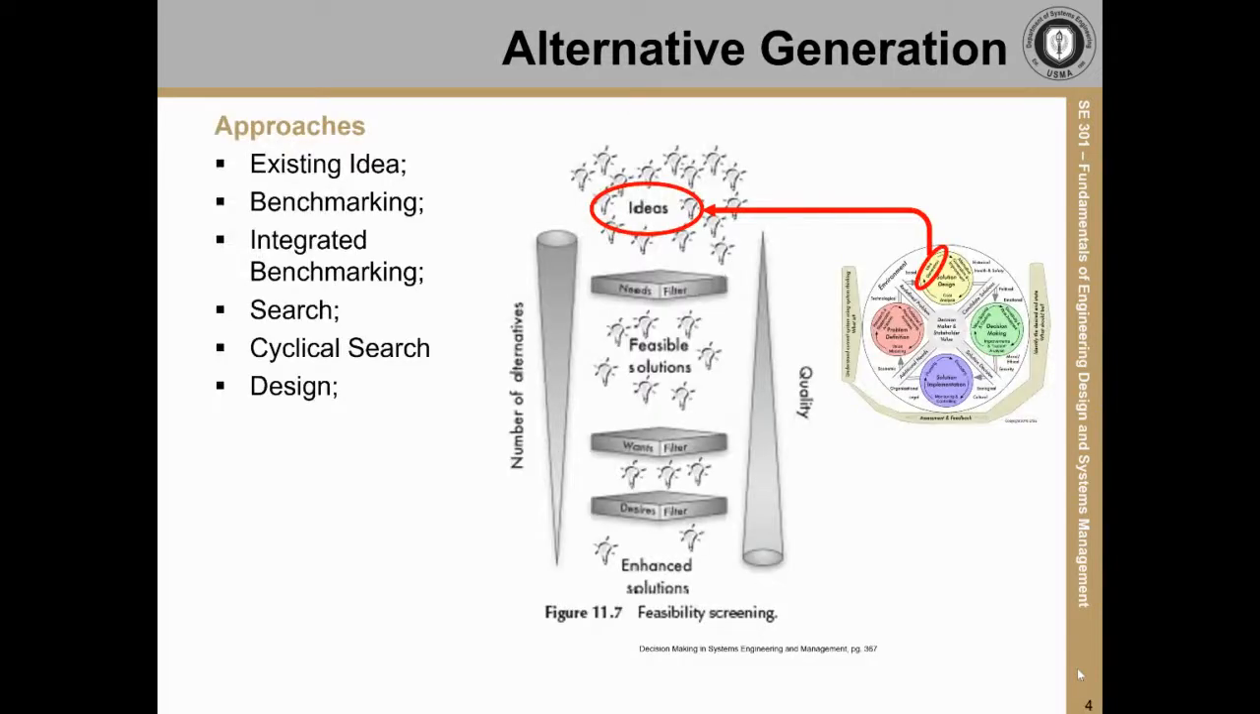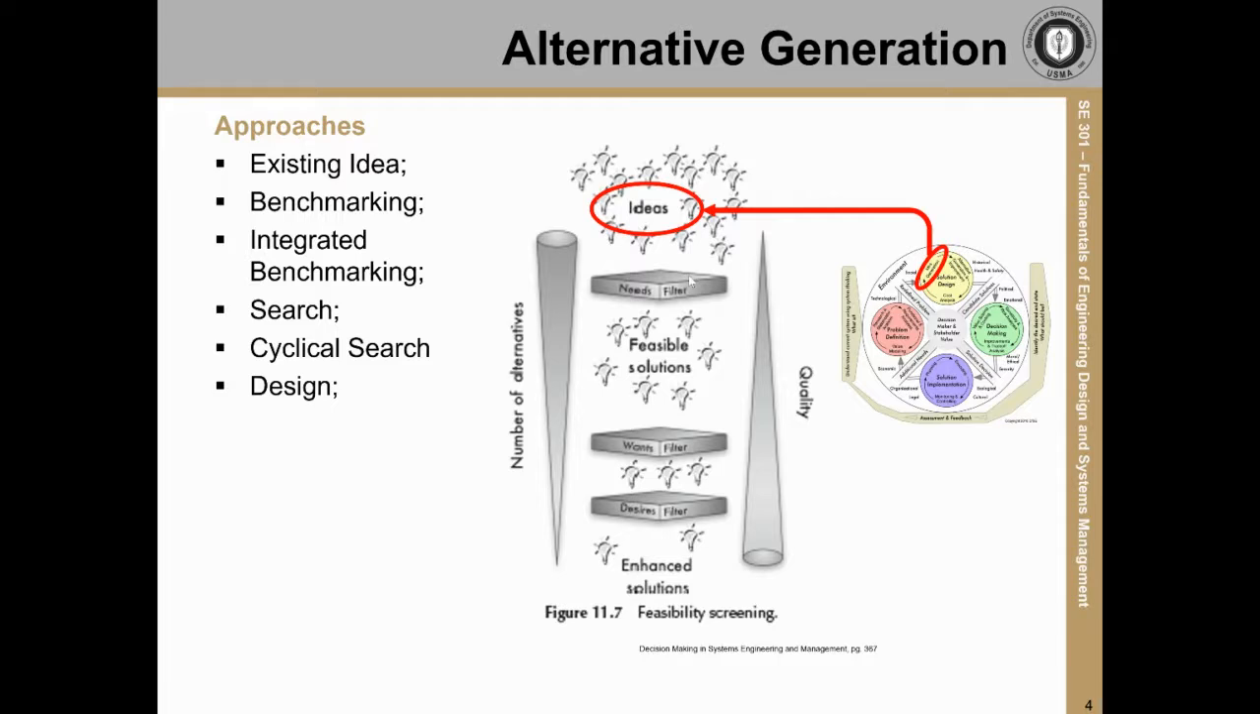So alternative generation is fairly straightforward. You can see right here this nice little diagram. Up here at the very top, you have your ideas, and this comes from idea generation, which we talked about last lesson. When you do idea generation, brainstorming, brainwriting, affinity diagramming, all those great things, you have a lot of ideas. So the first thing that you do is you put that through a needs filter, and you look at, okay,